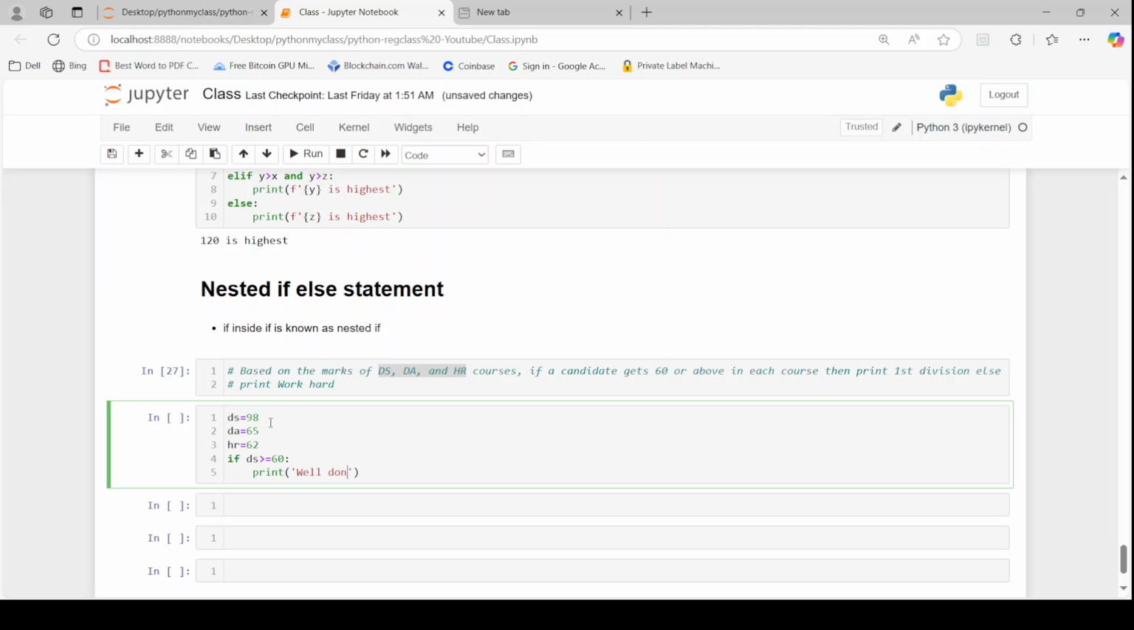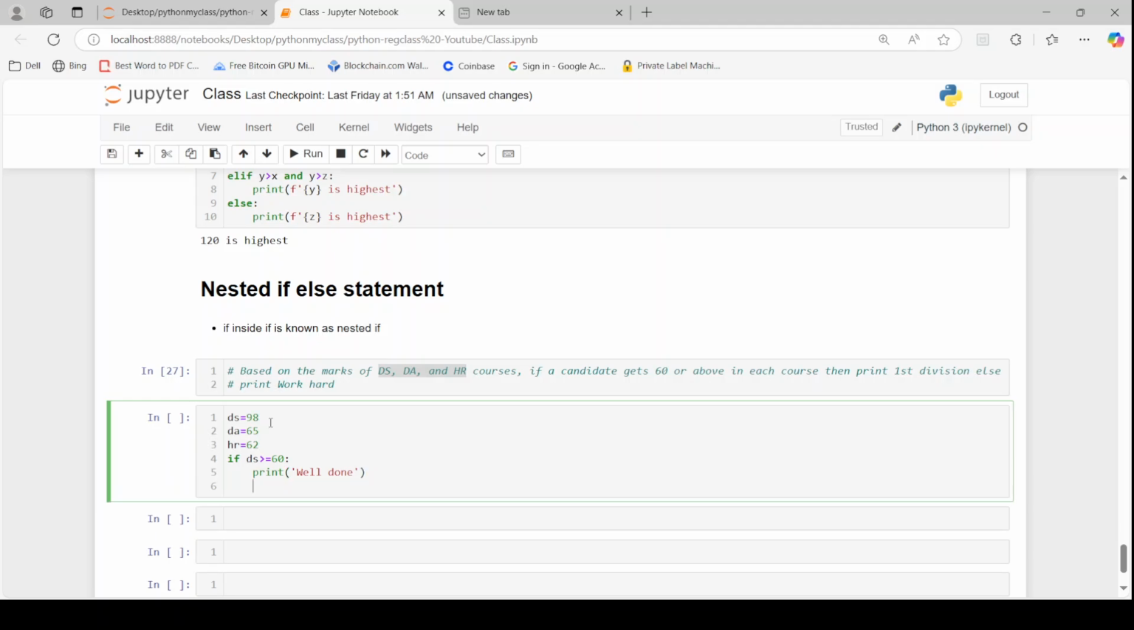well done. Then further you can hit enter and go to line number 6, and we are inside this if condition, and give here another if condition. Now first of all the criteria has been checked and satisfied here: if DS is greater than or equal to 60, then go inside the if condition and first print this well done, and then at line number 6, go ahead and check this if condition. The next if condition is, if DA is greater than or equal to 60. After we are done with DS, now focus on DA. If DA marks is greater than or equal to 60, that is, line number 6 is satisfied, then further go inside, print